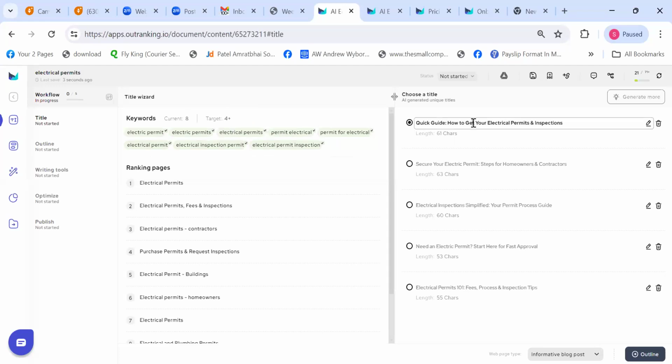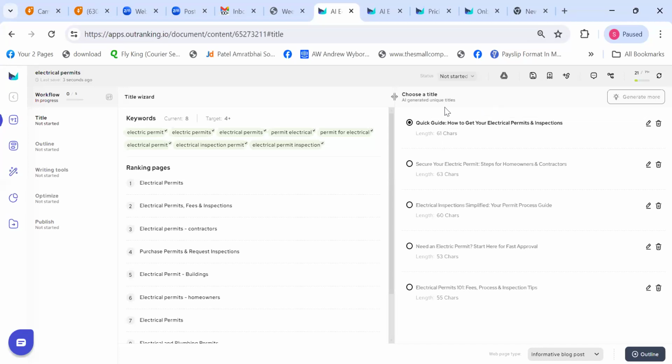If this title works for you, you can simply use this one. You can edit it here as well if you want to, by just editing with your keyboard. In case you're not satisfied with any of the titles, you can generate more titles as well. Usually keep your title anywhere between 50 to 60 characters, or maybe 40 to 60 characters, not above that. 61 is still fine, but don't go way above that, like 65 or 70.